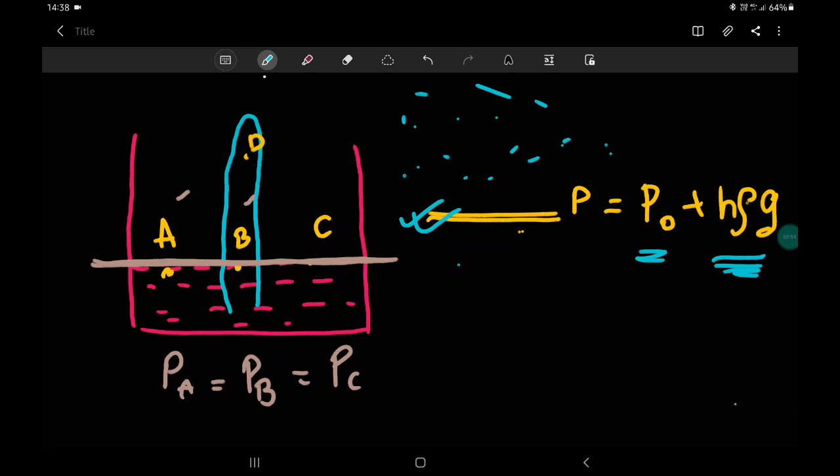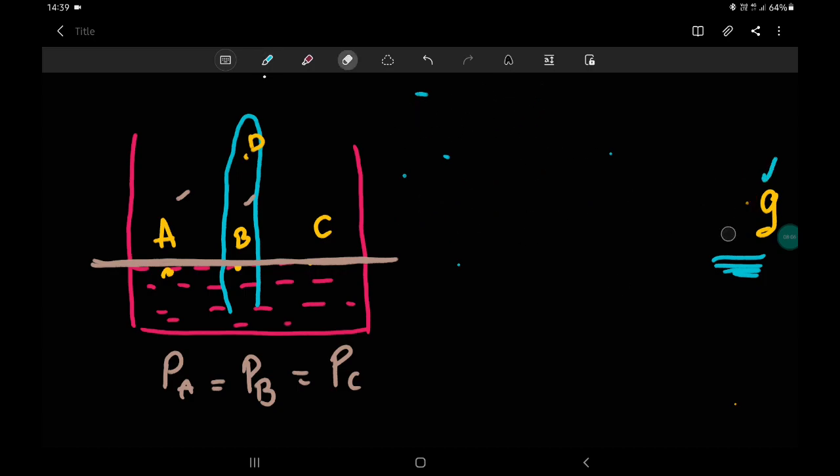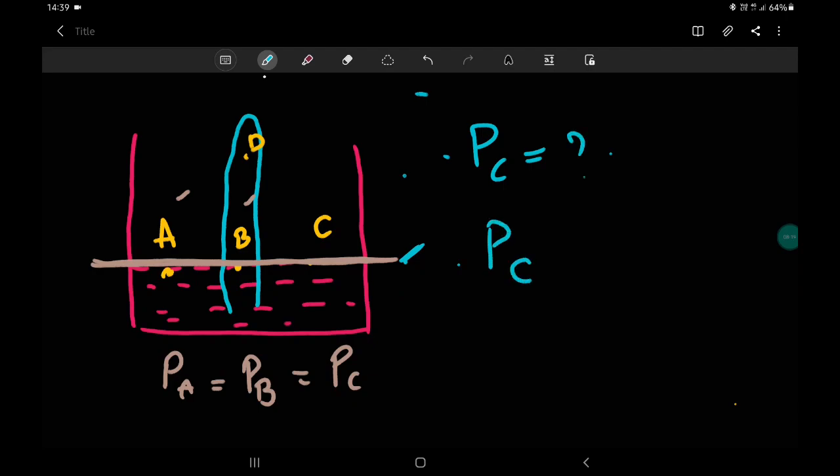So H is the height of that horizontal level from the point you are noting it, rho is the density, and G is the acceleration due to gravity. Similarly here, if this is our horizontal level and I ask you what is the pressure at C, for example, then you must say the pressure at C is equal to the initial or atmospheric pressure